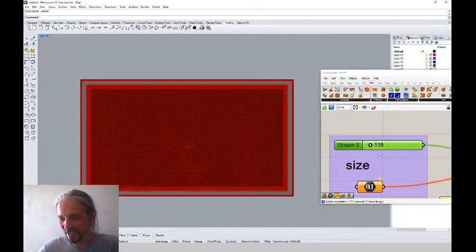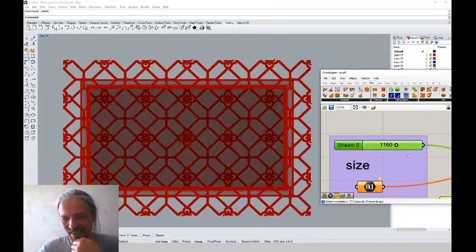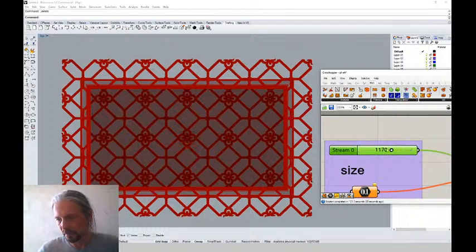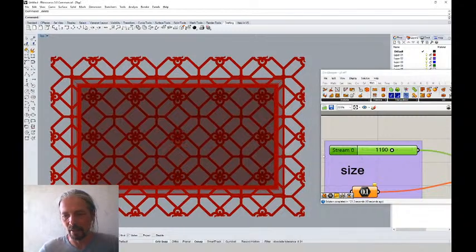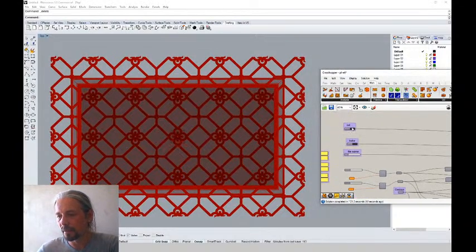I don't know what that is, but it will not work anyway. So I want this flower to just touch. 90, okay, to just touch. So now cutting them